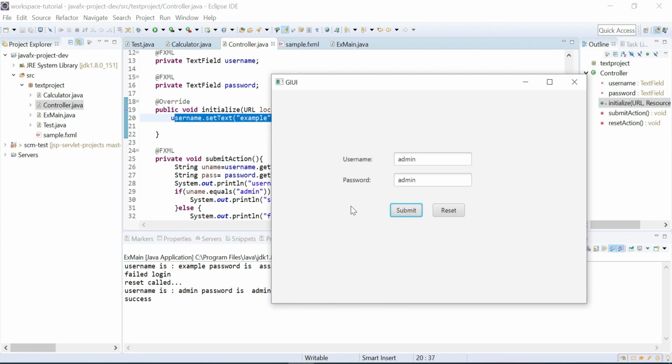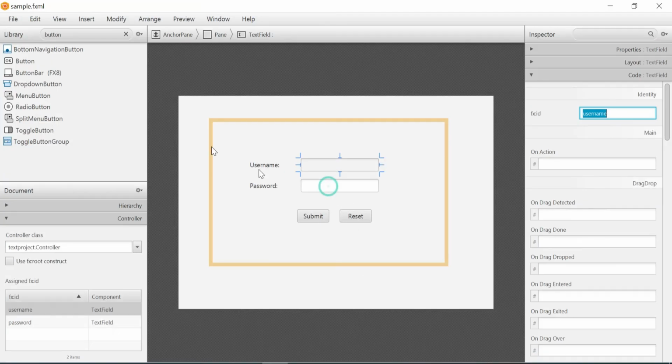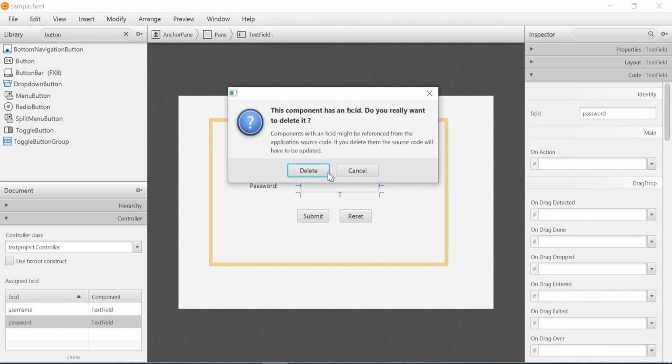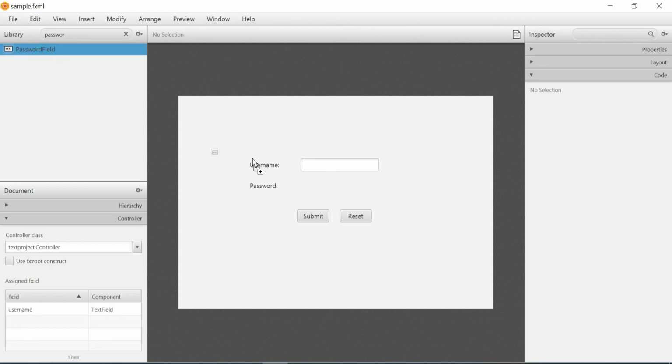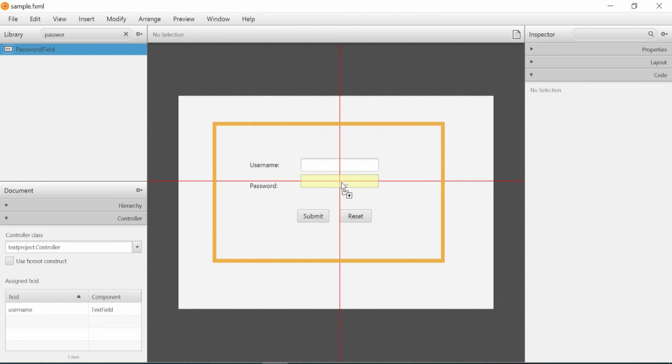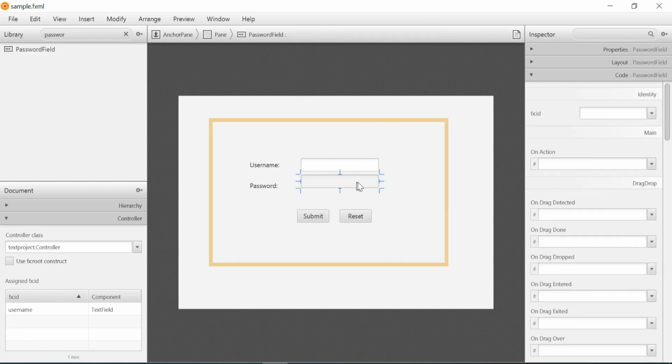Now here the password is showing right in the UI. Instead of an input field, you can take a password field. So to the password field, you have to mention the name as password and save it.